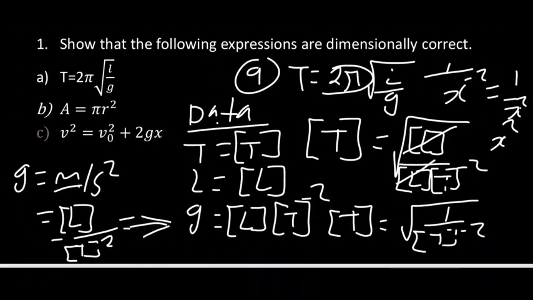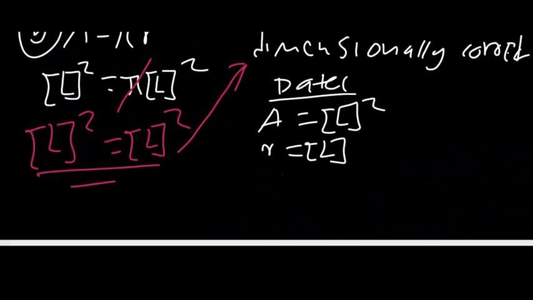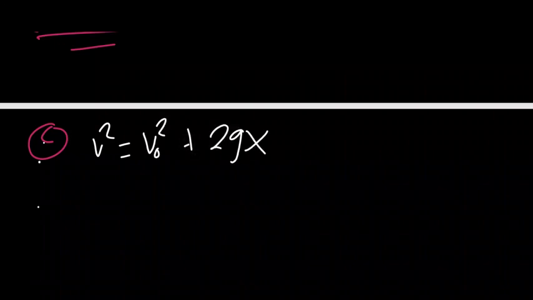Then what about for C? So for C is a bit advanced, but with the same concepts we need to know. So for C, we are told to show that V squared is equal to U squared, not U squared, but V naught squared plus 2gx,